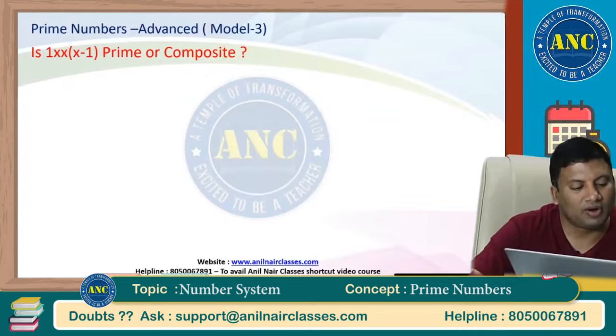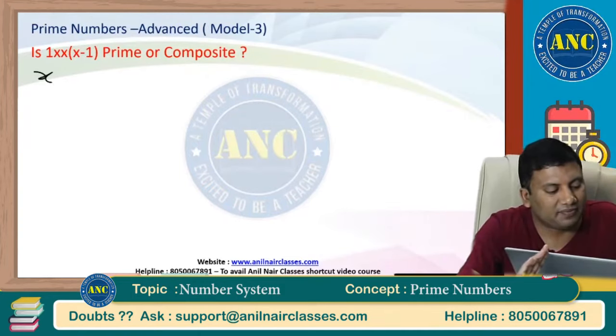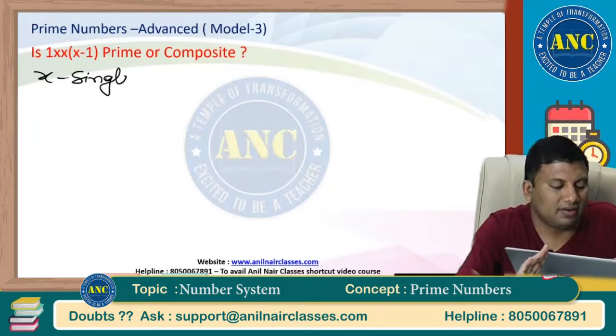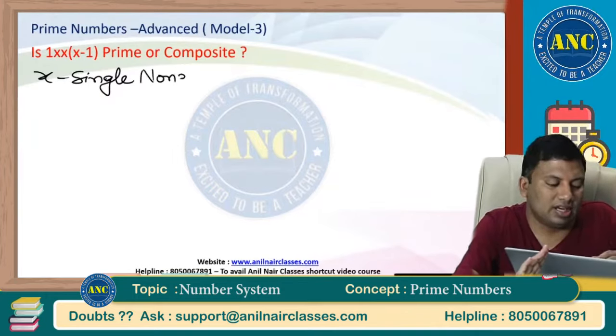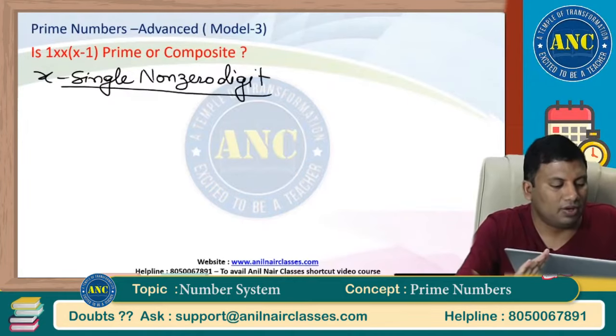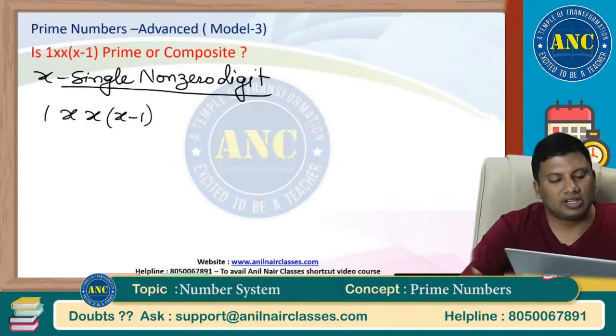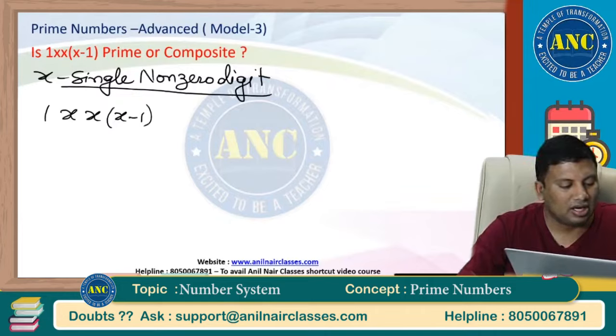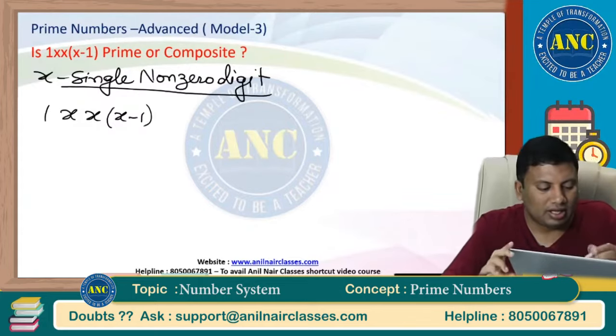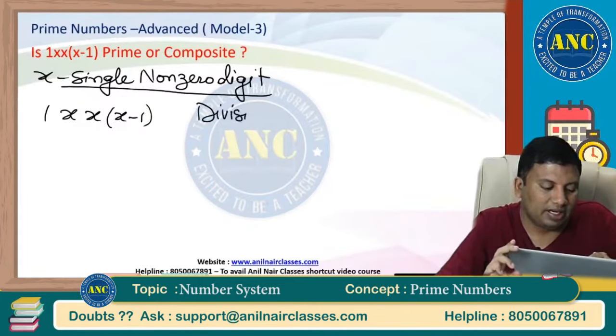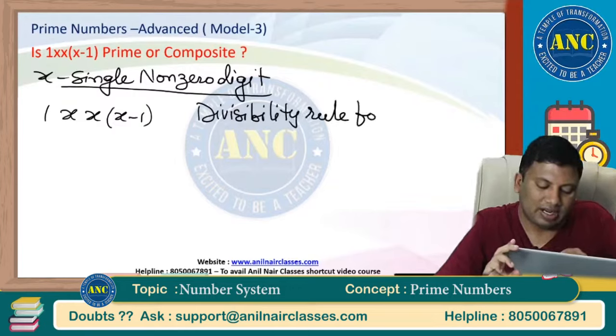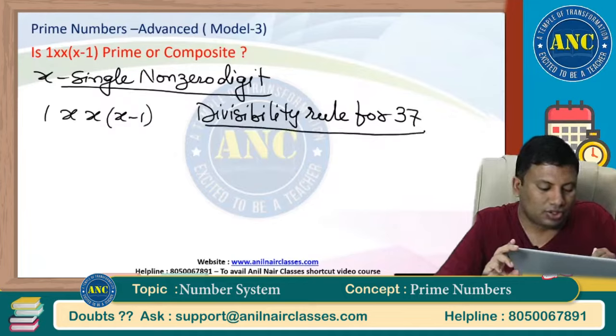Another good question. 1x, where x is a single non-zero digit. Any number of the form 1x and x minus 1, is this number prime or composite? Now if you see here, prime or composite. There is a concept of the divisibility rule of 37. There are two concepts you should know. First one,